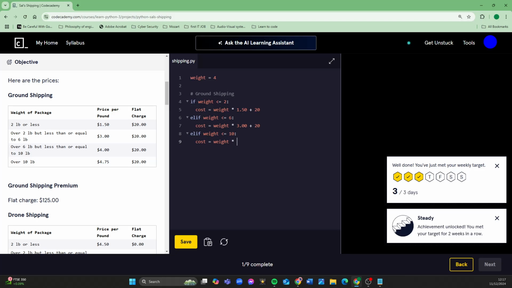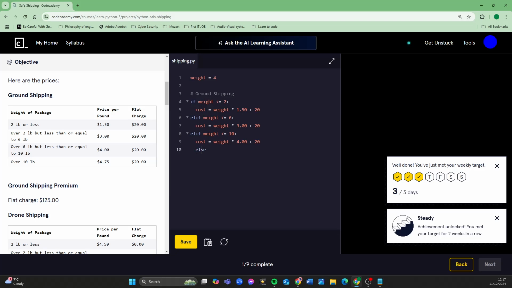So it doesn't double again, it goes from 1.50 to 3, but then it just goes to 4. That's a little bit nicer. Plus 20. I'm surprised that in some situations you pay more. I suppose it wouldn't work with weight, but I was just going to say in some situations when you bulk buy, you get discounts, not charging more. But anyway, and finally,